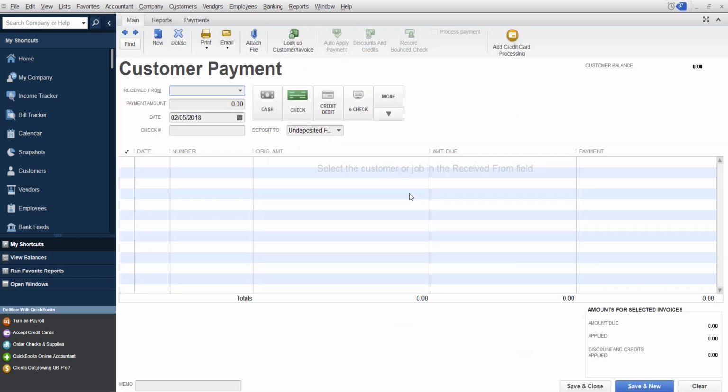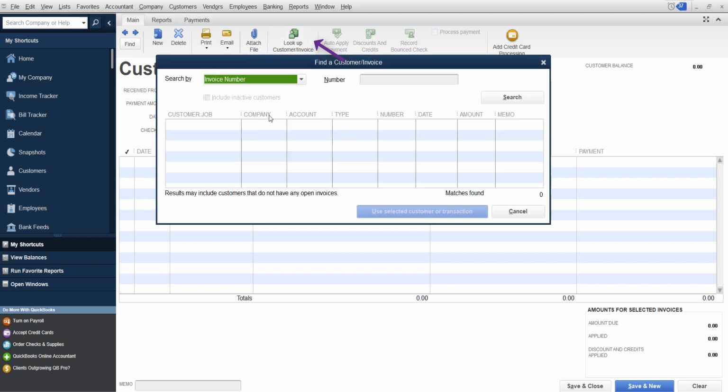If you're ever applying payments, you have the check in front of you, you know the invoice number, but maybe you don't, somebody else paid for it. What you can do is click on the Look Up Customer Invoice right here, and you can look it up by number. So if they just put the check, they put the number, but maybe the person's name doesn't match the account, that kind of thing, but you have the invoice number, you can look it up by invoice number. If you have the amount, you can look it up by the amount,